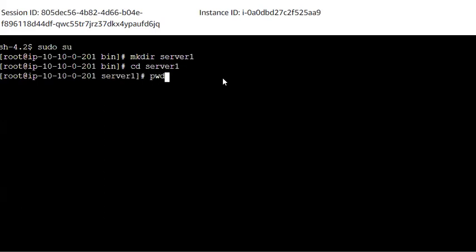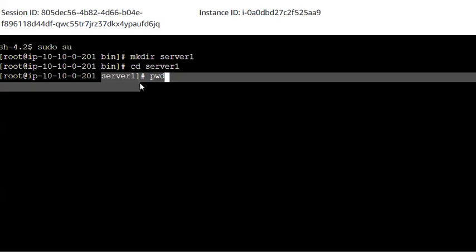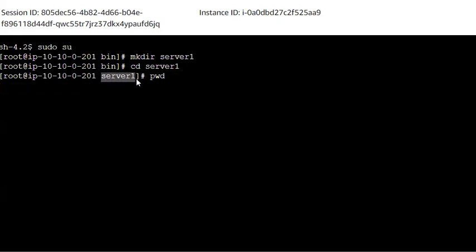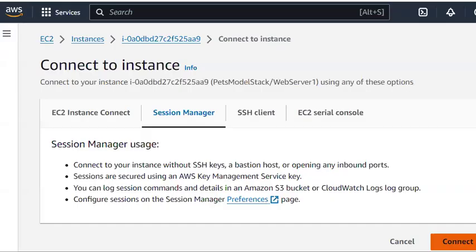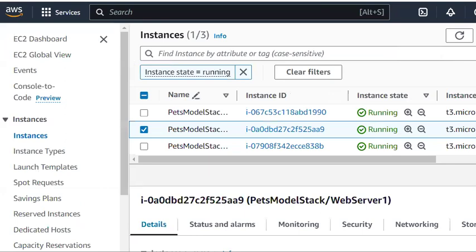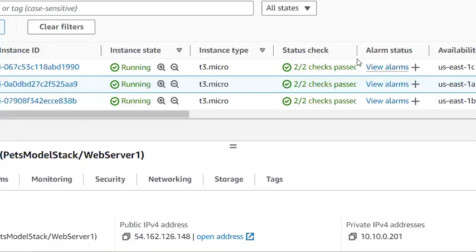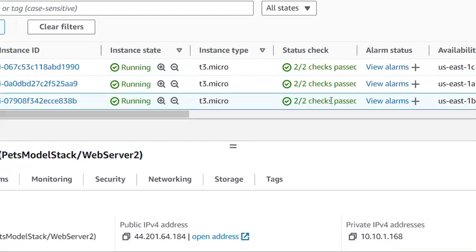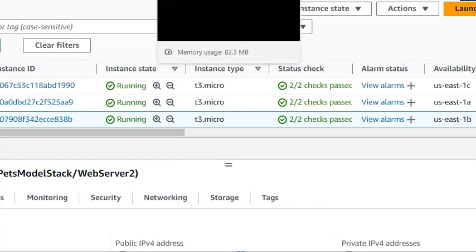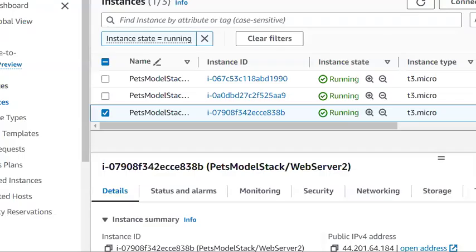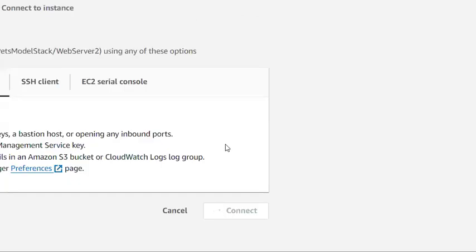You can see the present working directory here, we are under server 1. We are under this folder, which we created on server 1, which is actually present in the 1A availability zone. Now I want to connect to server 2 as well, which is present in the 1B availability zone. To recognize which server I am in, I'm creating 2 folders. One is server 1 to identify that server. Now I want to connect to server 2 and create one more folder with the name server 2